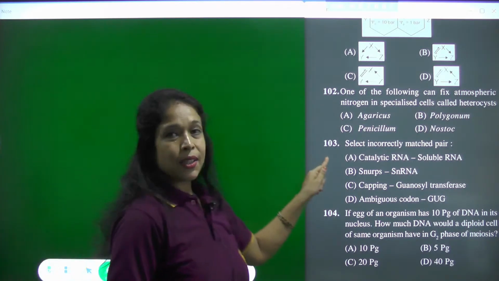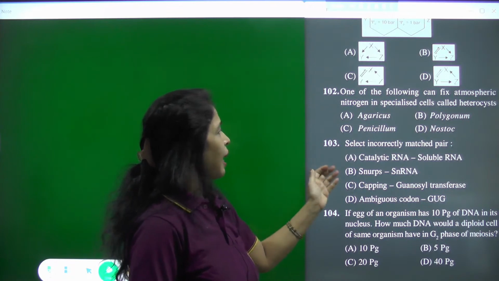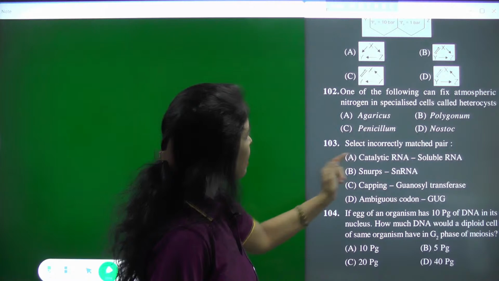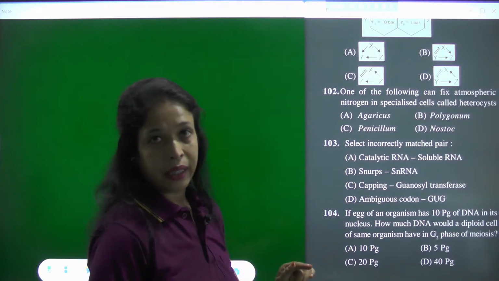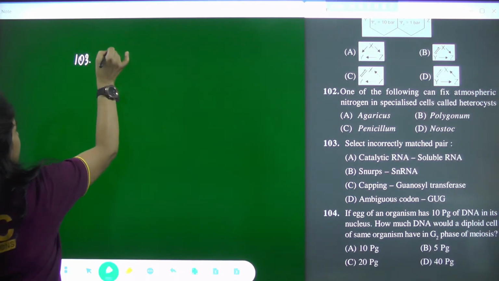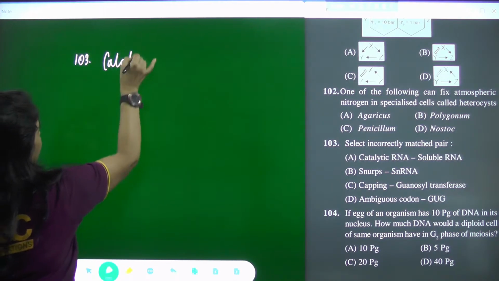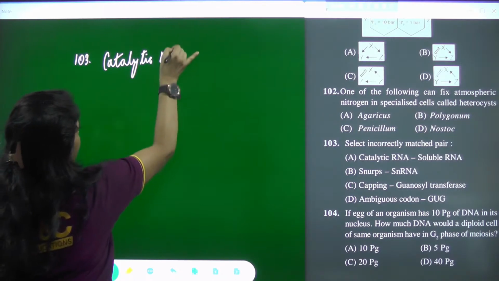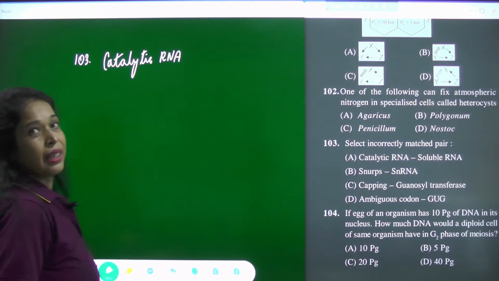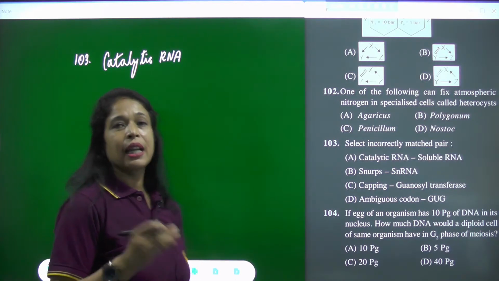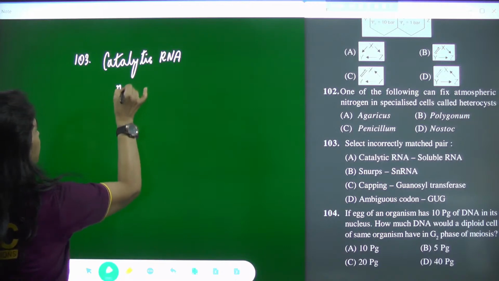Now let's see the next question, 103. Select the incorrectly matched pair. Incorrect. Catalytic RNA, soluble RNA. So what is catalytic RNA? RNA is catalytic. This is one of the reasons why it is less stable than DNA. Catalytic RNA is ribosomal RNA,